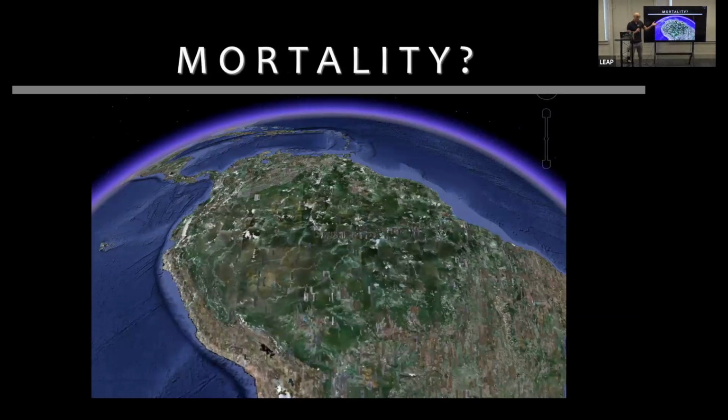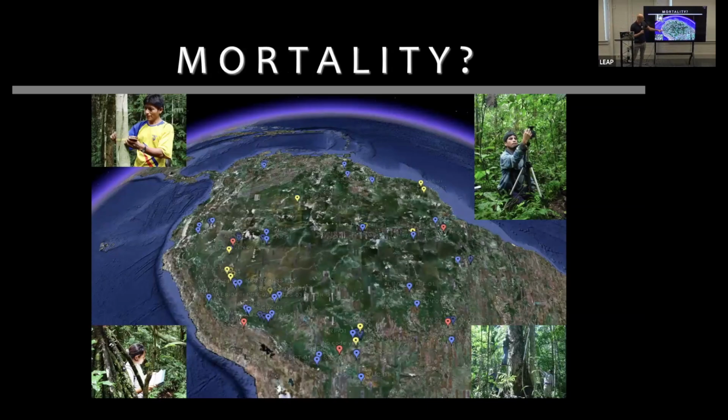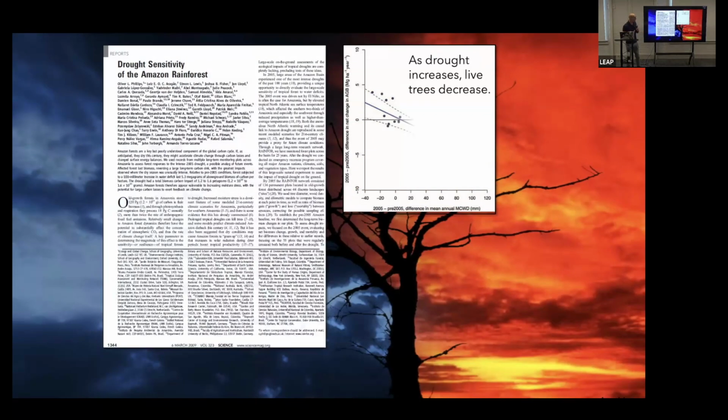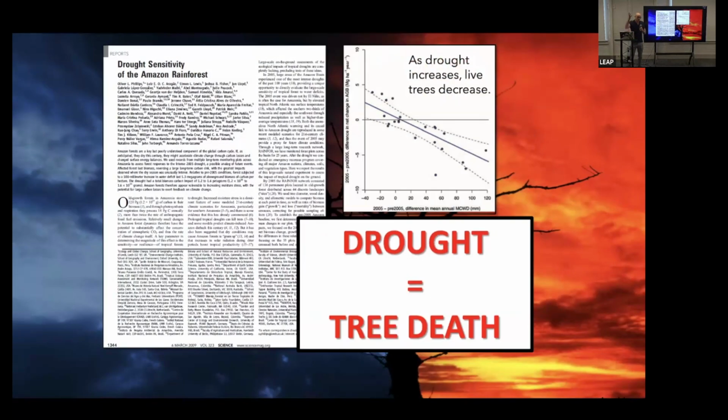But the next question is, were trees dying? How do you figure that out? You couldn't figure that out from space. And so we had this long-term census network of plots throughout the Amazon where we knew how many trees were in this plot. So when the '05 drought hit, we went out and recensused the plots to figure out how many trees died, and then we correlated that with the drought intensity that we were measuring. And so what we found was that as that orange peak increased, whereas drought increased, you had more trees dying, right? Drought equals tree death. Not super exciting, drought equals tree death.